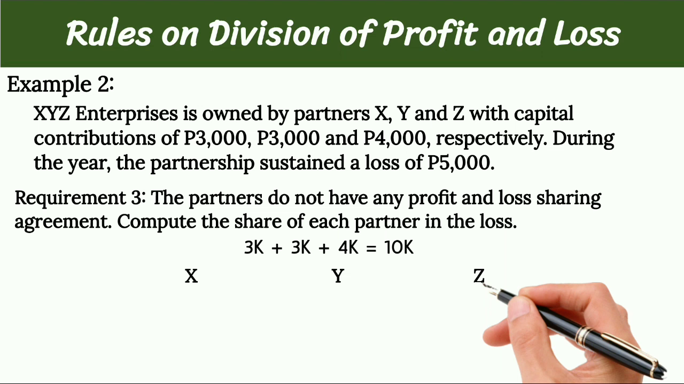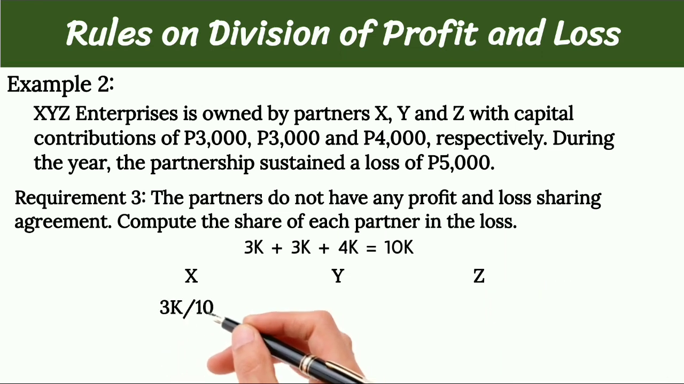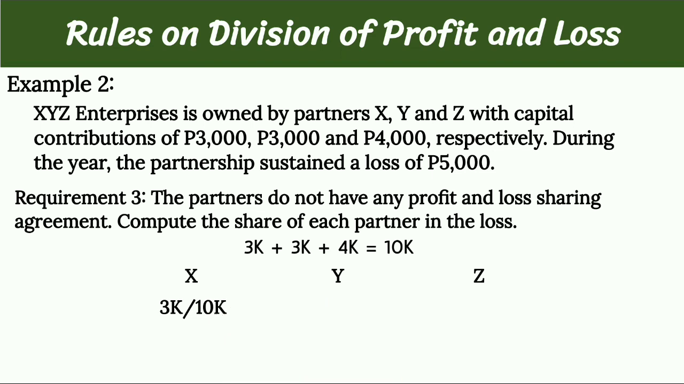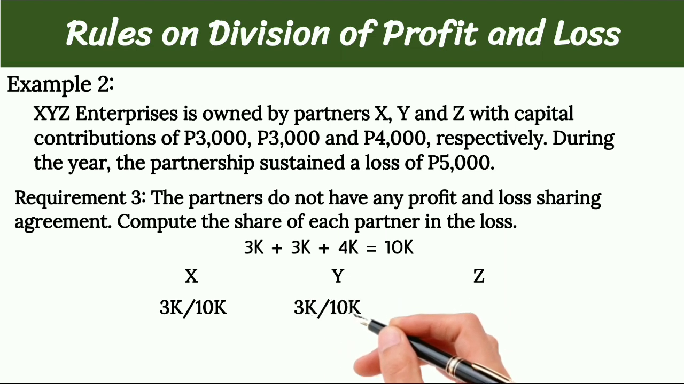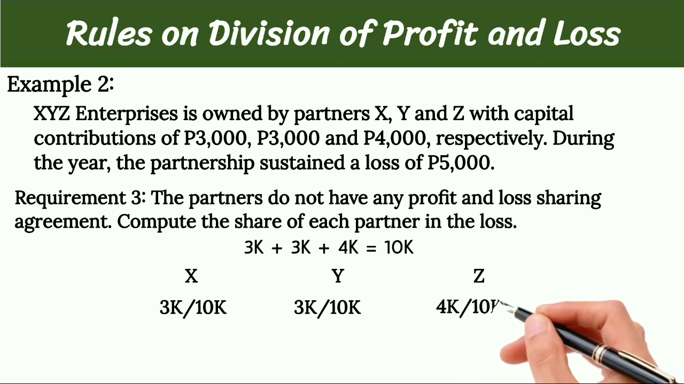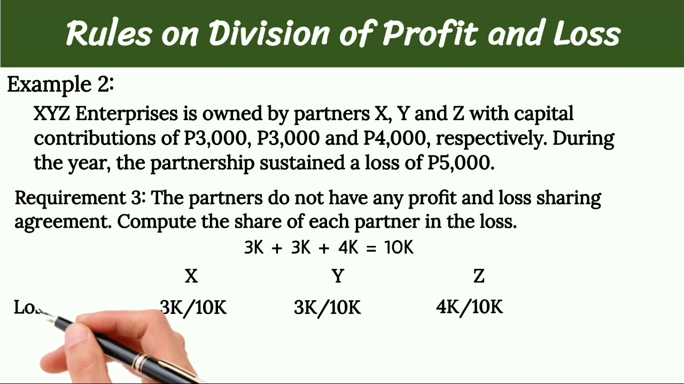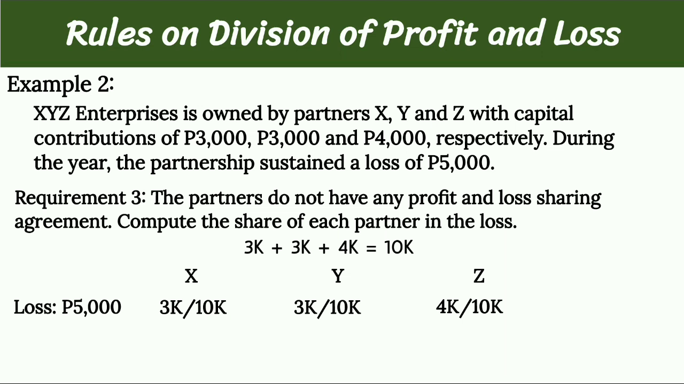So, ang share ni X sa 5,000 pesos ay 3,000 over 10,000. Ang share ni Y sa 5,000 pesos ay 3,000 over 10,000. At ang share ni Z sa 5,000 pesos ay 4,000 over 10,000. Since ang loss ay 5,000 pesos, dyan natin imumultiply yung fractions to get the share of each partner in the